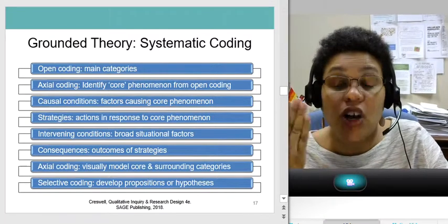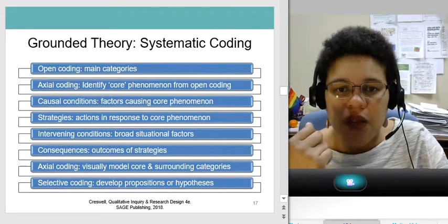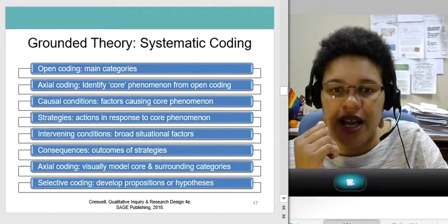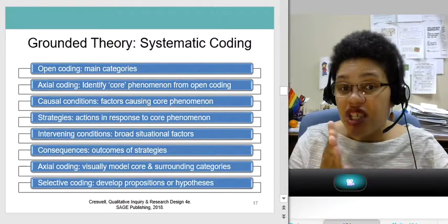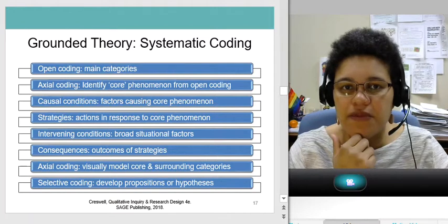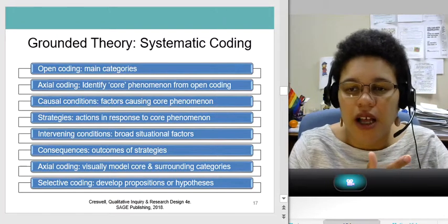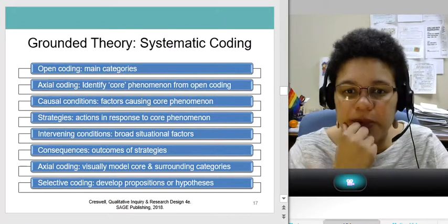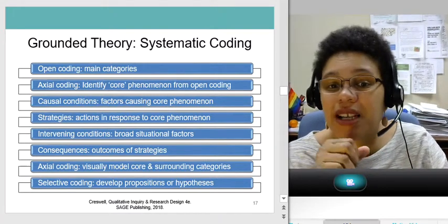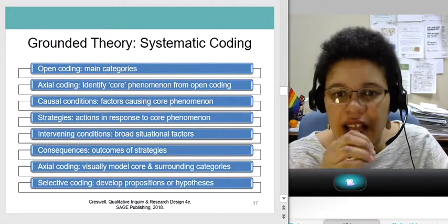The factors that are causing the core phenomenon, the strategies or the actions in response to the core phenomenon, intervening conditions, the broad situational factors, and the quantitative analog would be moderators and mediators. The consequences or outcomes of various strategies.